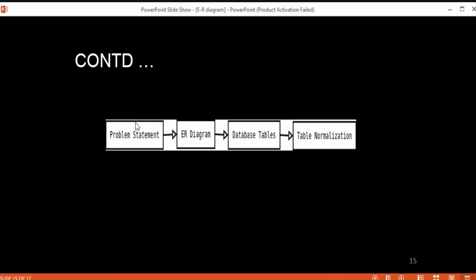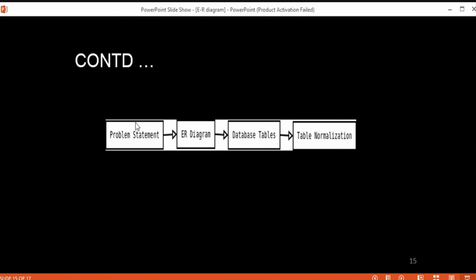After finalizing all those things, these tables are going to be normalized. Why? Because we need to maintain the data integrity as well as remove the redundancy in data. So this ER diagram helps us to store that data efficiently in the database using this ER model.